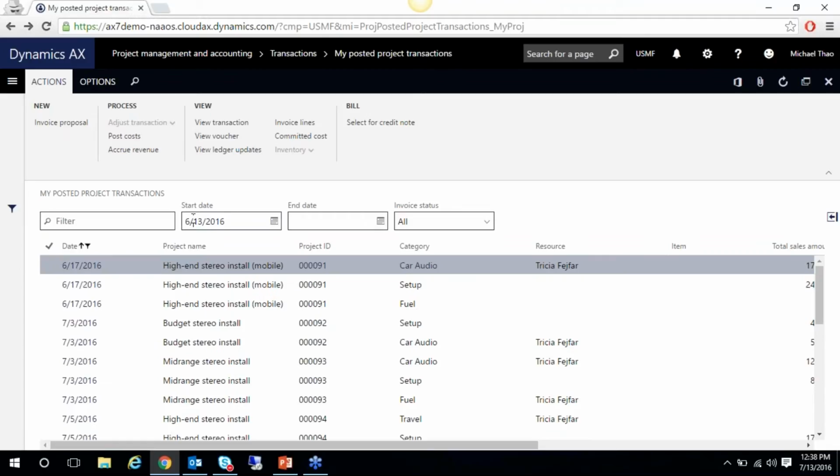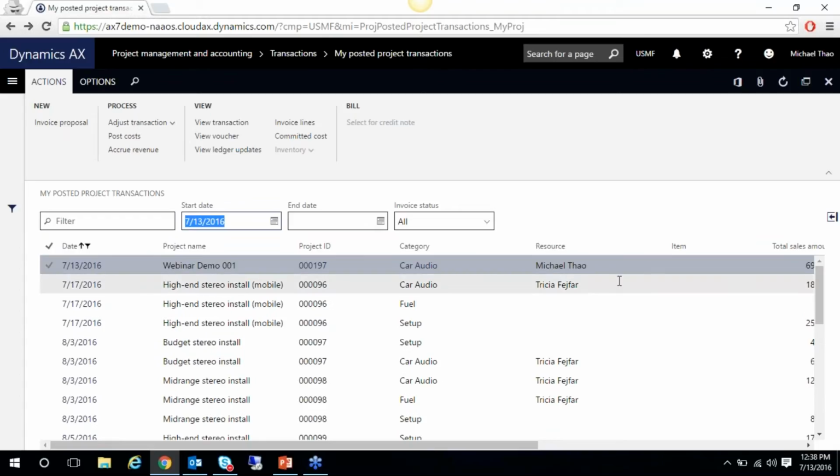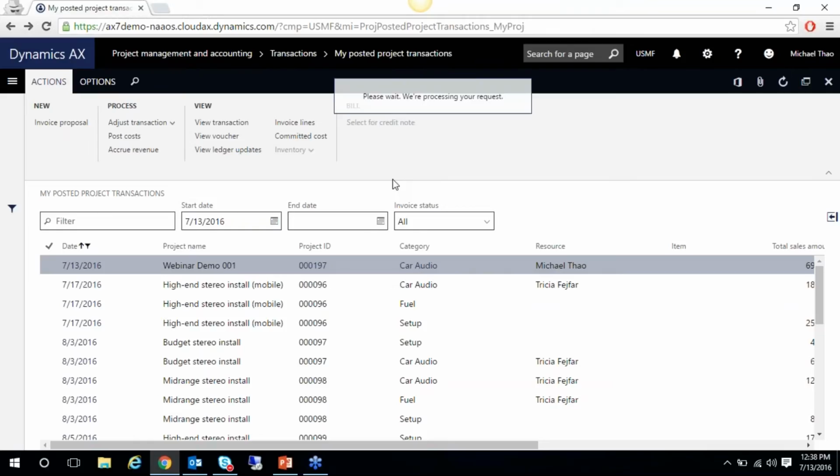Never mind, let's change this. Maybe this will affect it. All right, so now we see the transaction that appeared here. So you'll see the project and the relevant information. And again, if you want to see the relevant information,